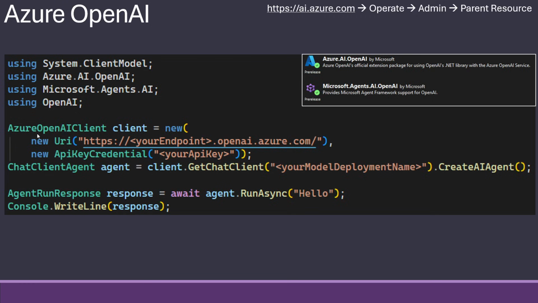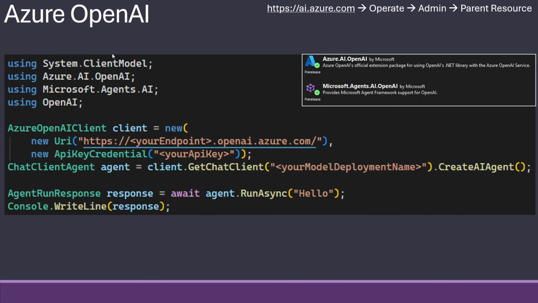Then you new up an Azure OpenAI client where you need to give an endpoint. Your endpoint would look either like this, or instead of OpenAI might say services instead, because they have switched fairly recently. The one warning is that up in Azure, you will on the front page of ai.azure.com see an endpoint.